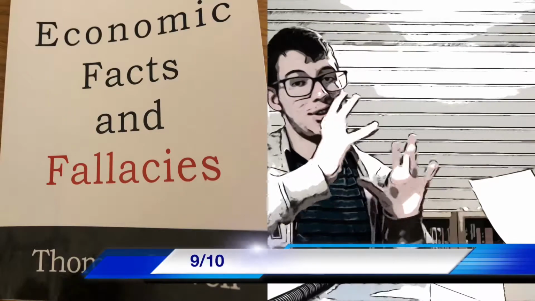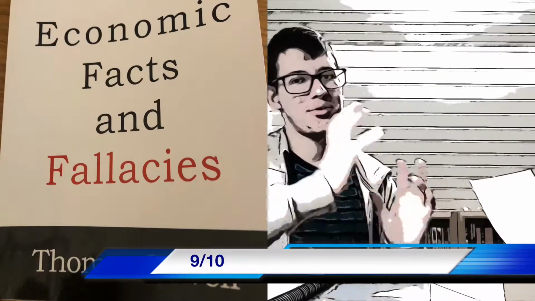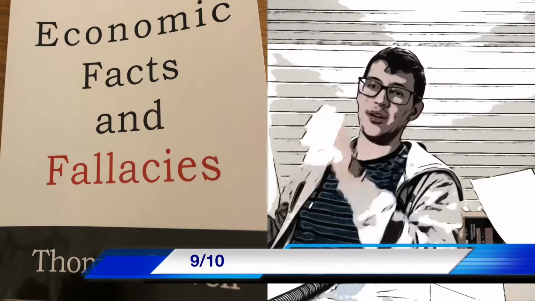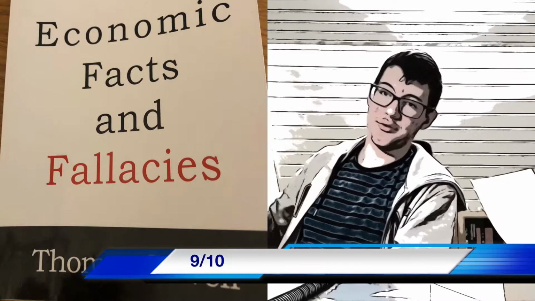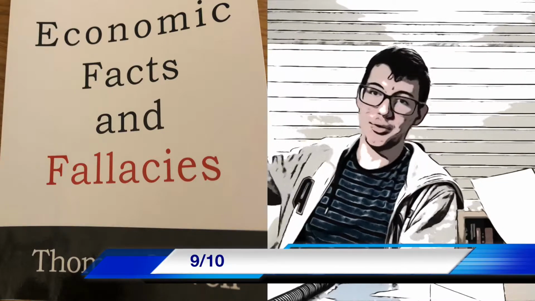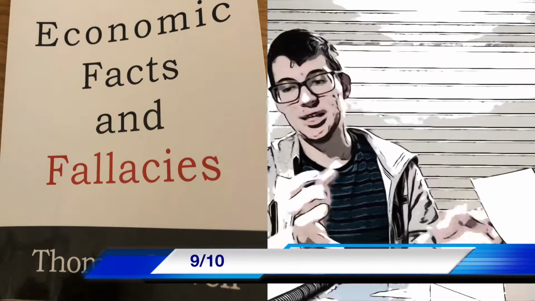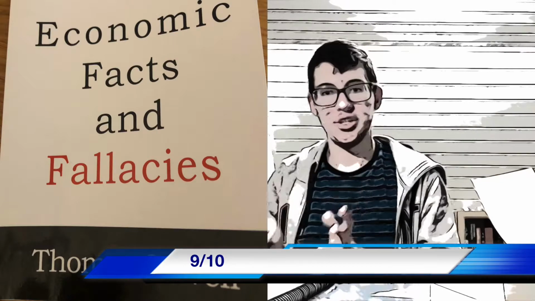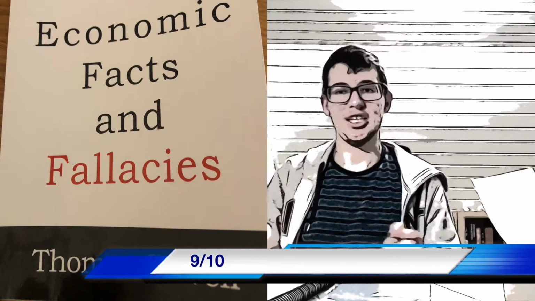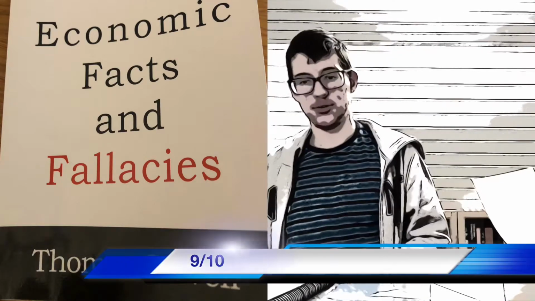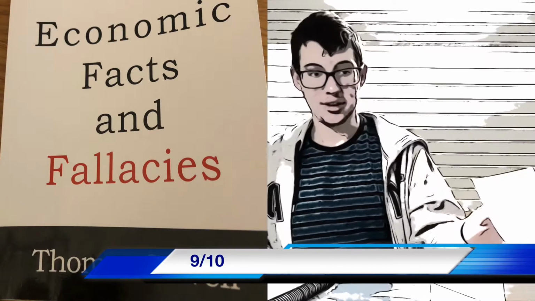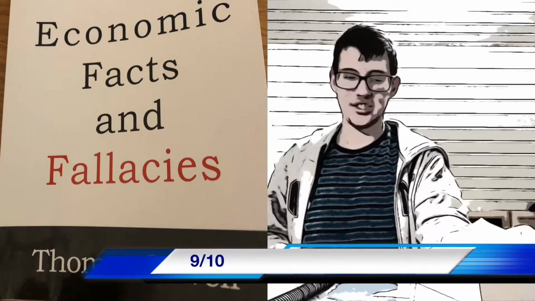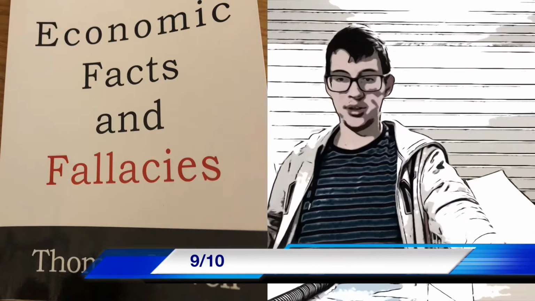You consider the facts and you don't really view yourself as this esoteric third-party view where you think you can move around people and you make assumptions that if there's a difference between two groups, then that means that one is exploiting the other. No. So, yeah, great book. Highly recommend it. Economic Facts and Fallacies, 9 out of 10. Great job, Dr. Thomas Sowell.